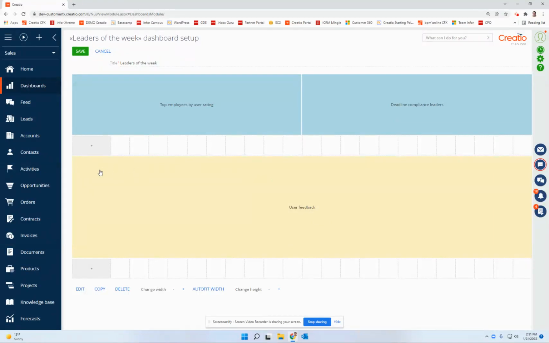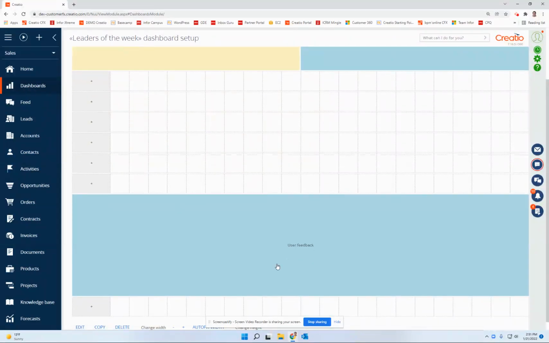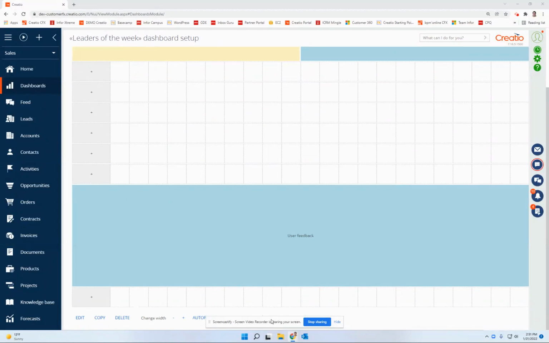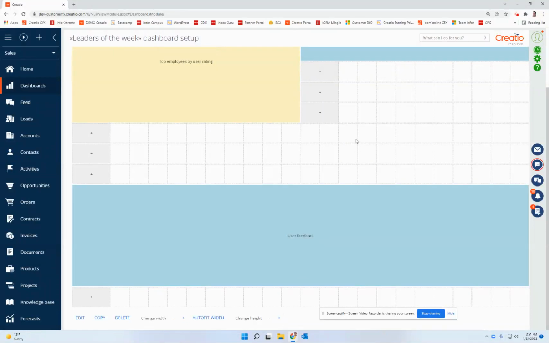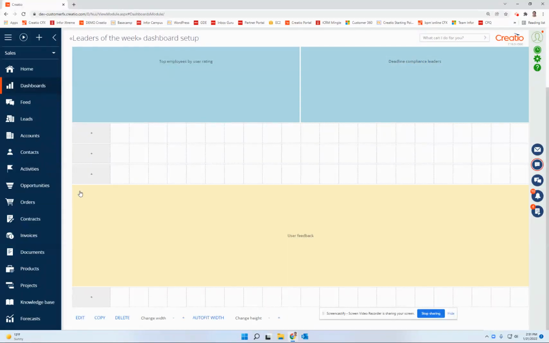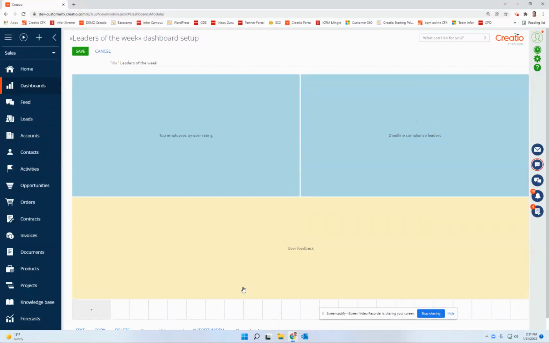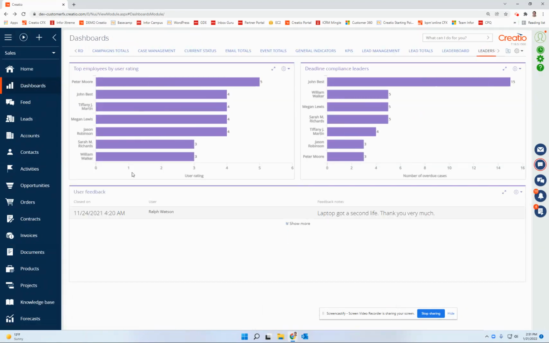So now that I've moved it successfully, I can now grab this one and scroll down and move it by changing its height. We'll give it a couple more spaces to breathe here. We'll do the same thing to this one, make it a little taller. And I don't want this big white gap in here, so I'll grab this one and move it back up underneath. Now I think it's going to look good, so I will save that. And my new dashboard is